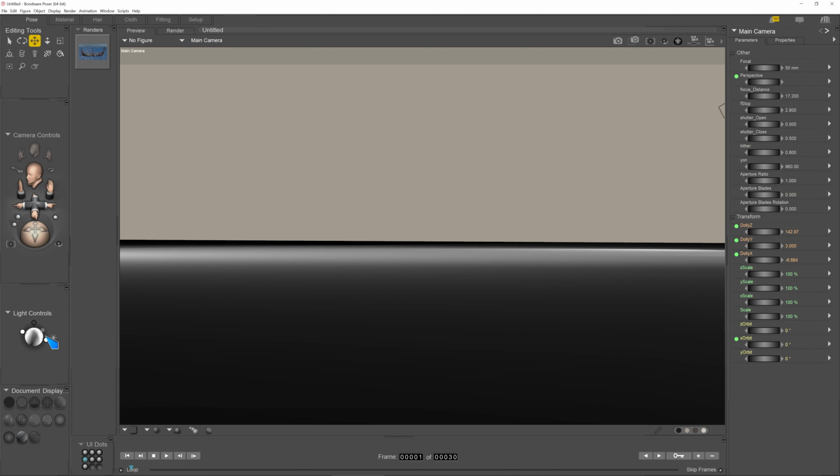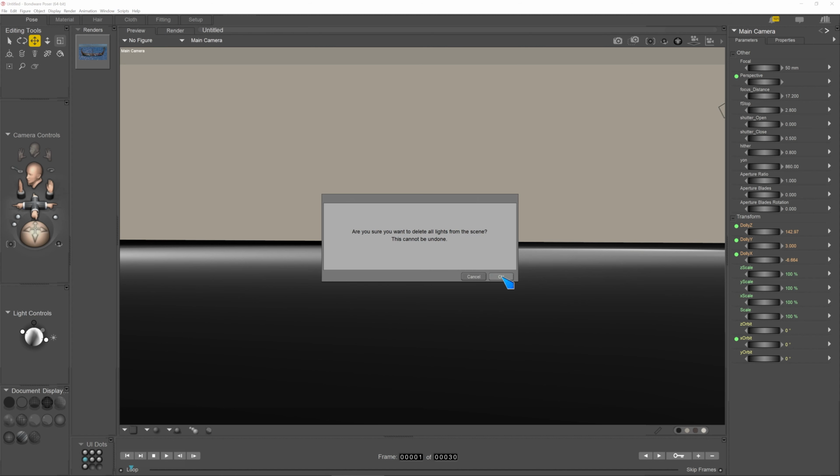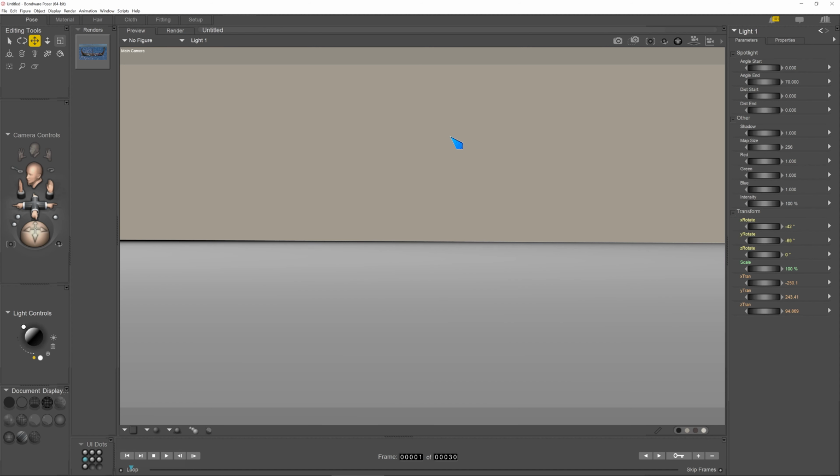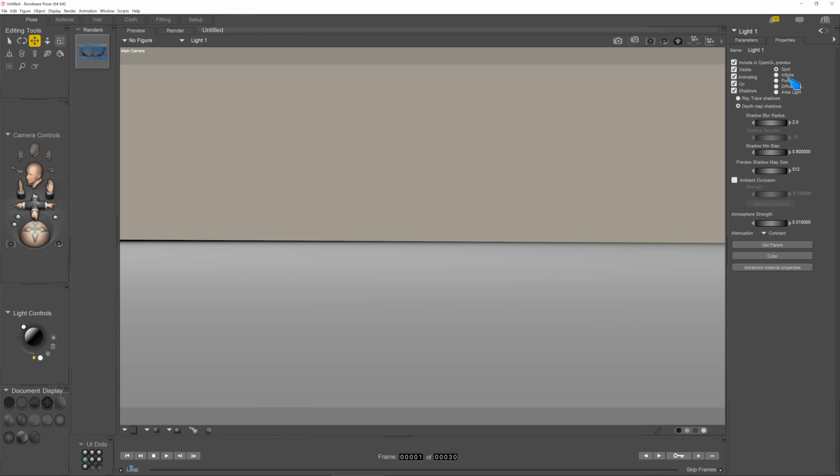Okay, so one of the first things I'm going to do is get rid of this lighting, because this lighting doesn't suit exterior scenes. So I'm going to go up to scripts, and I'm going to choose utility, and I'm going to do delete lights. That's going to delete everything. Then I'm going to create a new light, and I'm going to change its properties so that it's an infinite light, something like sunlight, and I'm going to pull that to the front so that it's kind of shining down on the scene with a lowish forward angled position, and that's just going to show off the details better. Now we're going to go into the materials,